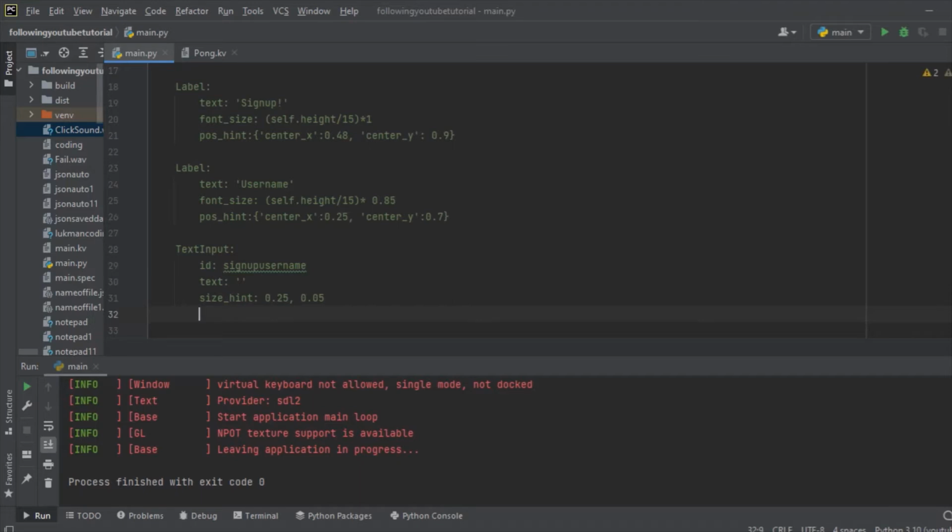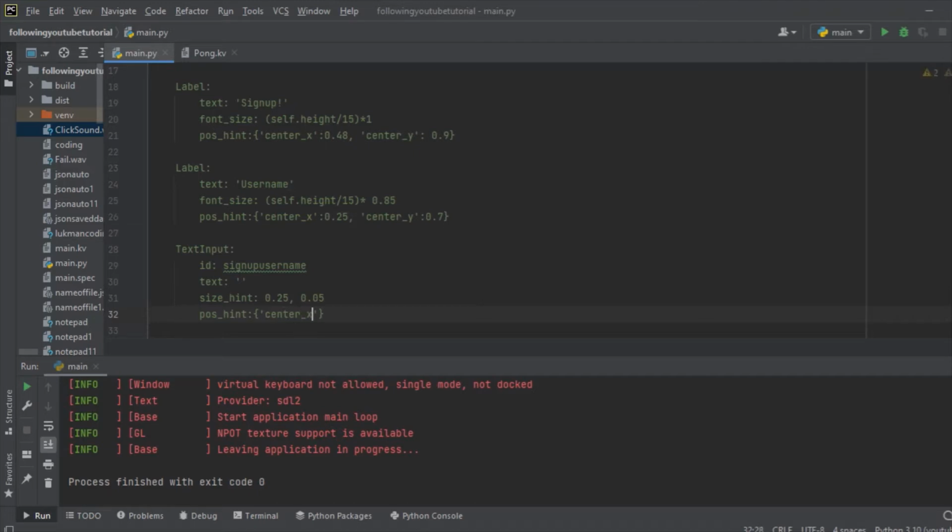And also the position_hint is going to be, we are going to put it center. We are going to write center